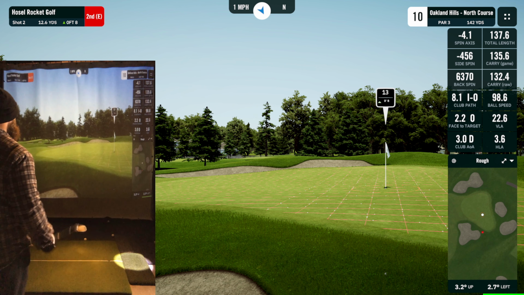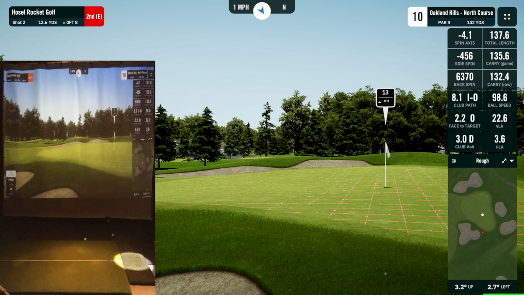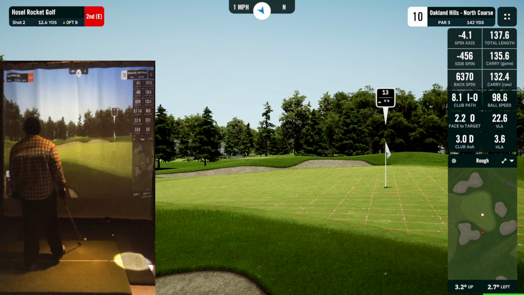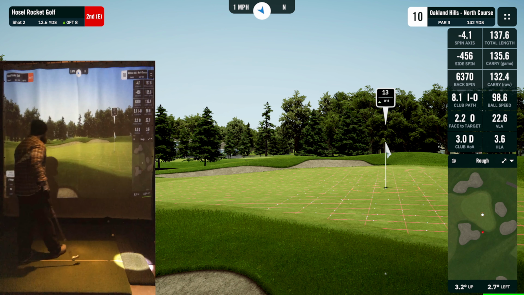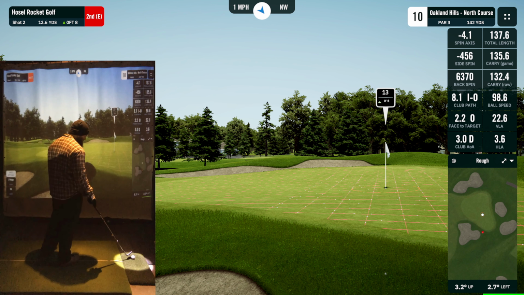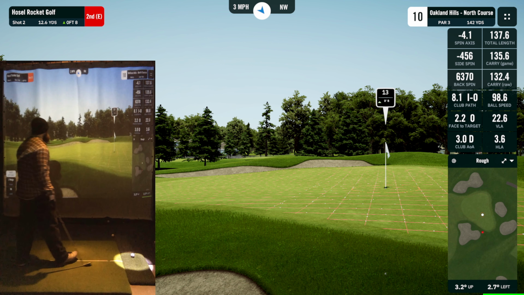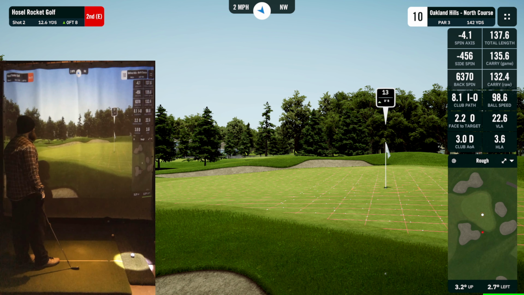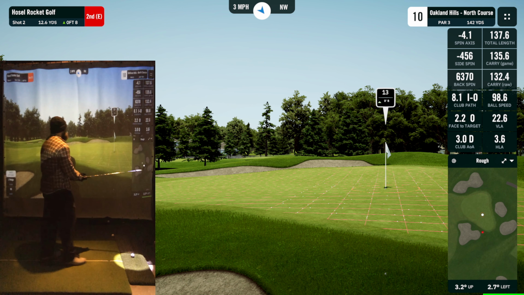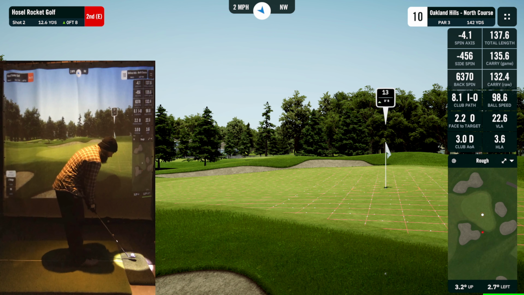But this is with a chip here. It's going to come out left. I like that. I tend to open my stance, open up the face a little bit with the wedges. 13 yards out of the rough, up about, what is that, 8 inches. So probably need about 6%. It's only like 3/4 of a yard. I'll probably try to hit this about 11 or 12. Maybe even 10, 9 stimps. It'll roll out a bit, but